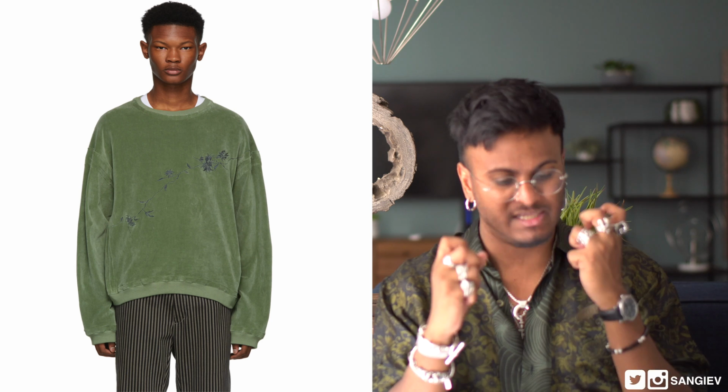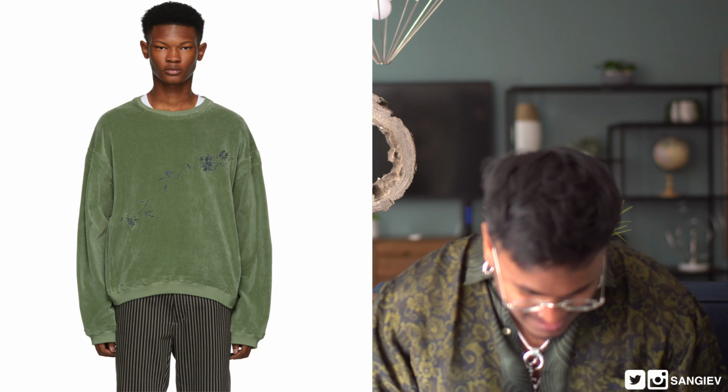And who better to start with than the Haider Ackermann green floral embroidered sweatshirt. Man, this piece is just so sick. Velvet material in this moss green colorway with embroidered detail in what appears to be a really dark navy washed grey type thing. So sick. Once again, the styling at Essence absolutely kills it, because if you look at the first few pictures